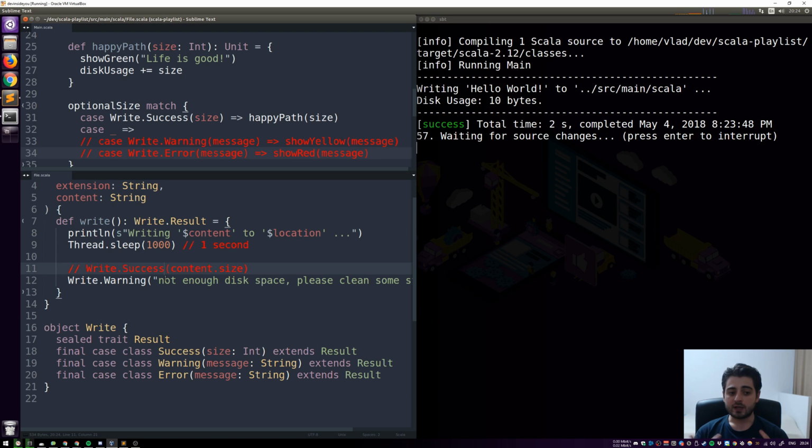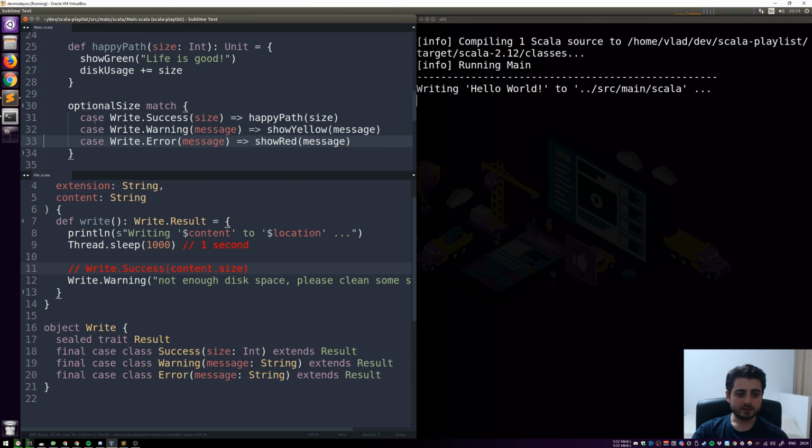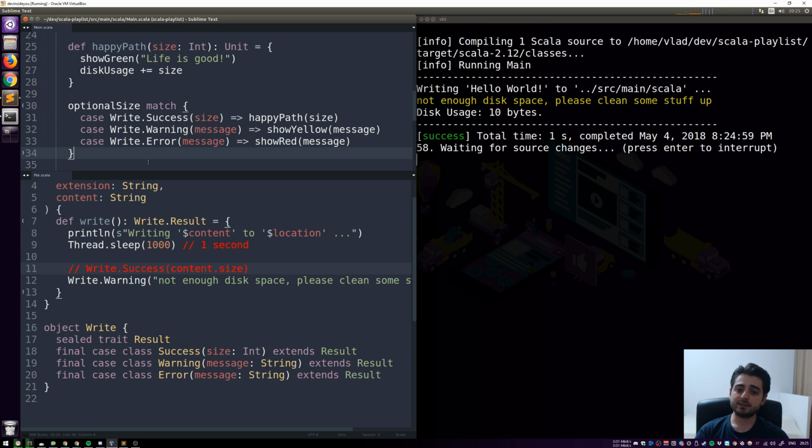If they decide to use our library, this one being download a file and write, then at all the places where they're trying to write the files, they will be forced to write code like this. This is the minimum of what they would need to write, right? And ideally, they should do all of this, right? So this is one, two, three, four, five lines of code that they would need to write. So this is an area for additional mistakes that can be made. This is additional code